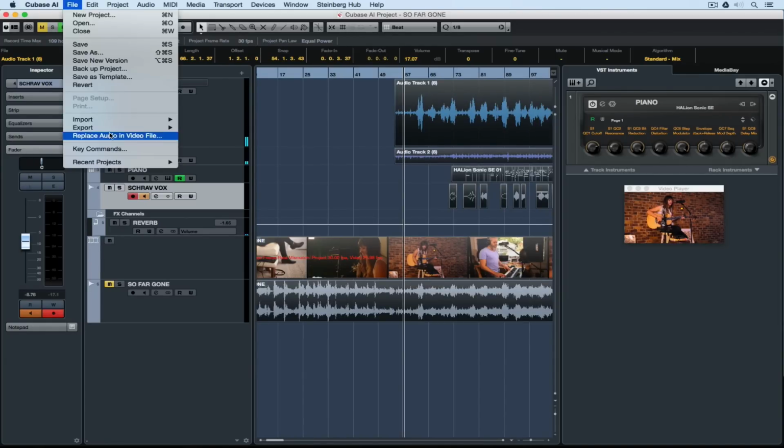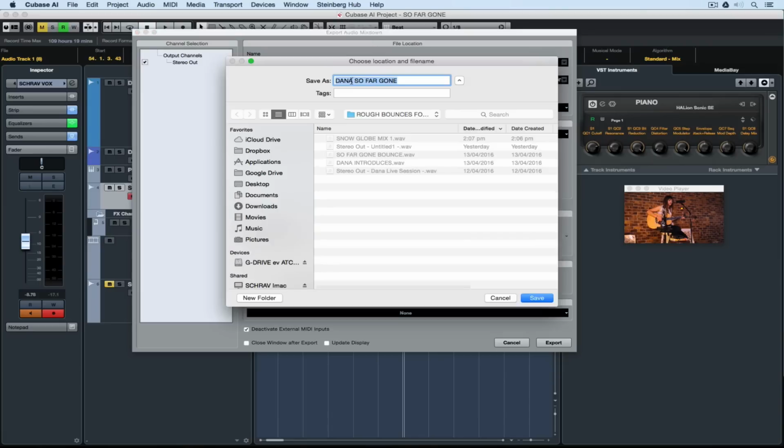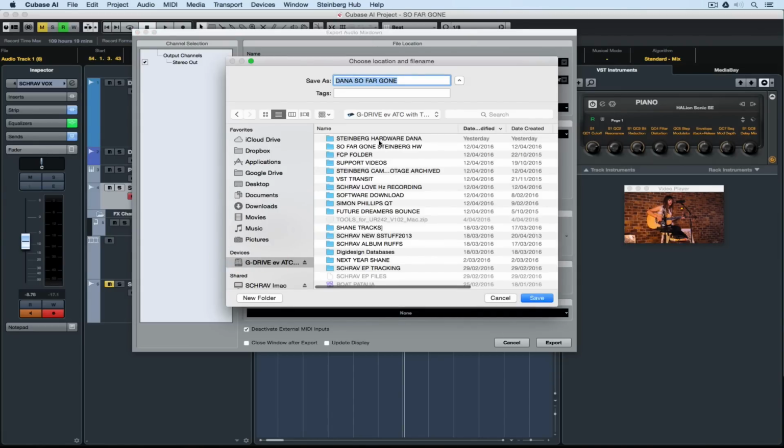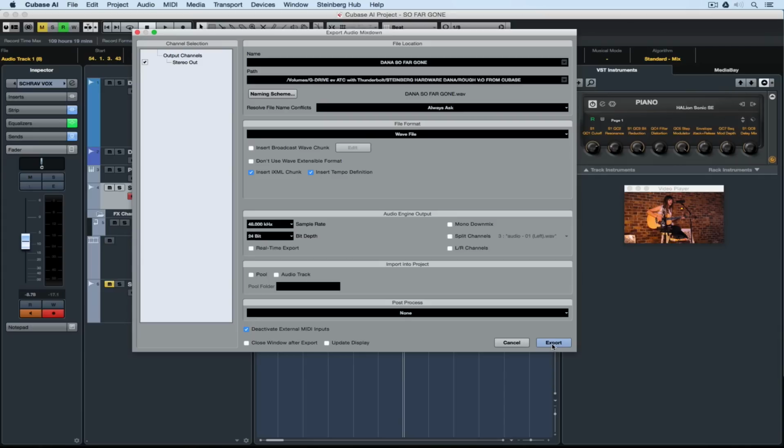Once you're happy with your mix, it's time to share it. So we go up to File, Export, Audio Mixdown. Now we need to name the file. You can give it a unique name down in the naming scheme box if you want to. It's also good to check out the file format and the sample rate and the bit depth, but once you're ready to go, select the record path, so this is where the file's going to be bounced to,